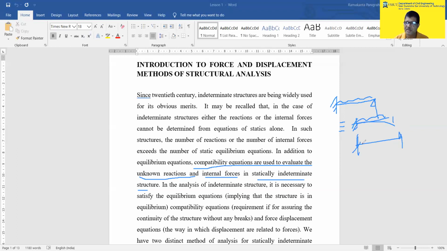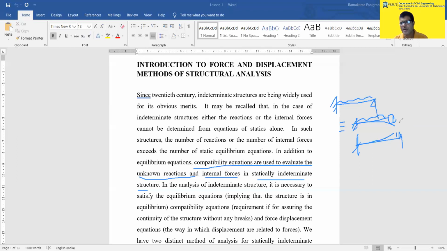So that will be the upward deflection due to this reaction. Now this deflection plus this deflection is equal to 0, or this deflection is equal to that deflection. From this condition we find this reaction value. You have done this problem. The deflection at this end is WL⁴/8EI, and due to the reaction it is RL³/3EI. From this condition you find this value comes to 3WL/8. So this is one kind of compatibility.